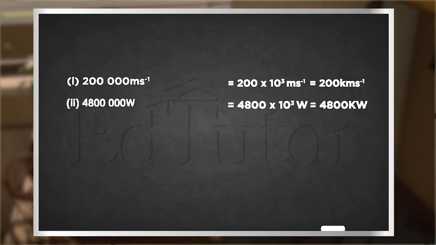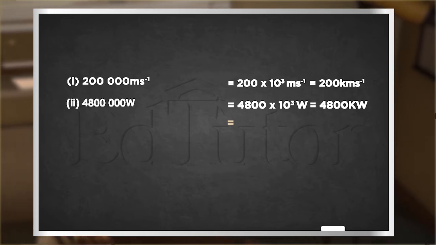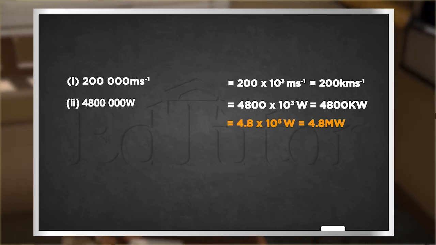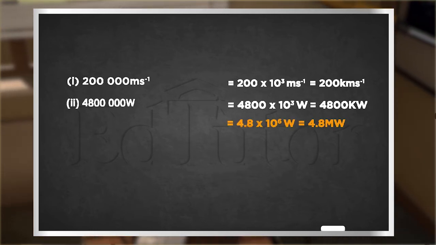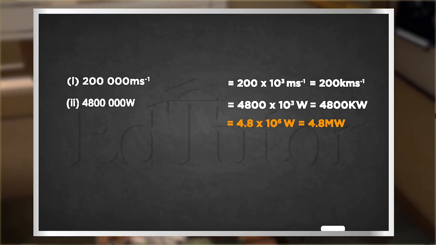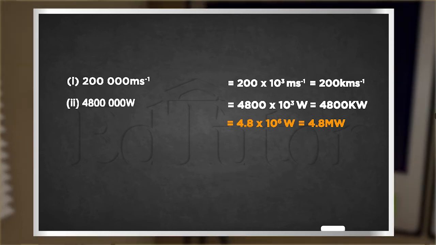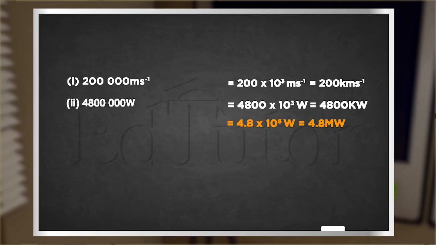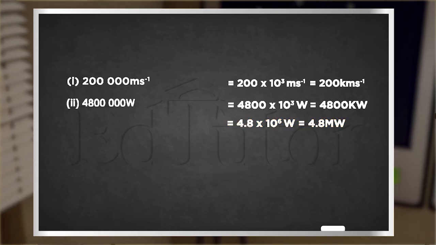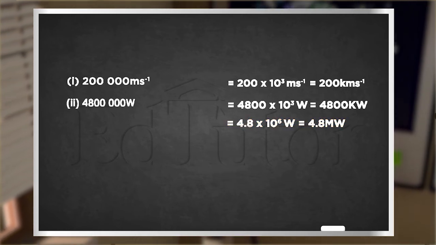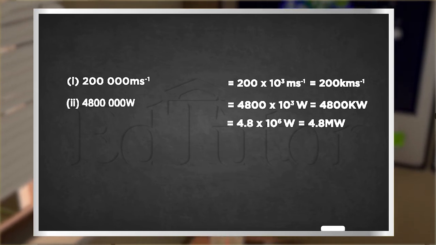Recalling our knowledge of prefixes, this number can be written as 4.8 multiplied by 10 raised to the power of 6 watt, or, yes, you guessed it, megawatt. We can thus write it as 4.8 megawatt. In this example, we can recall prefixes higher than mega. The number